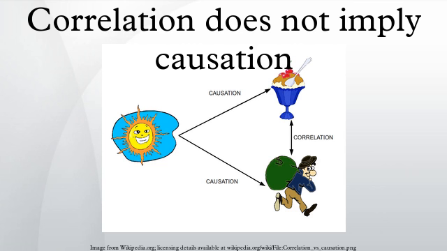Example 3: as ice cream sales increase, the rate of drowning deaths increases sharply. Therefore, ice cream consumption causes drowning. The aforementioned example fails to recognize the importance of time and temperature in relationship to ice cream sales. Ice cream is sold during the hot summer months at a much greater rate than during colder times, and it is during these hot summer months that people are more likely to engage in activities involving water, such as swimming.